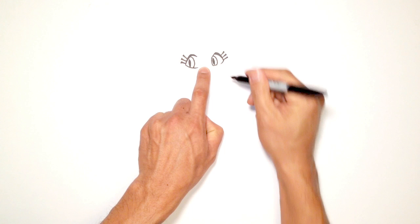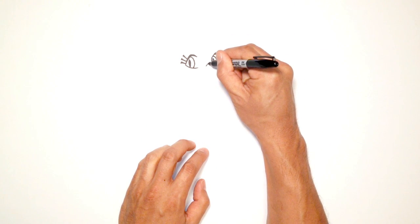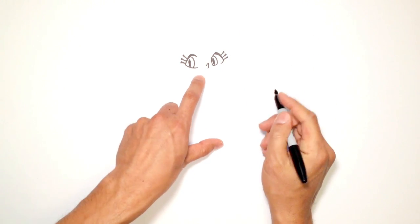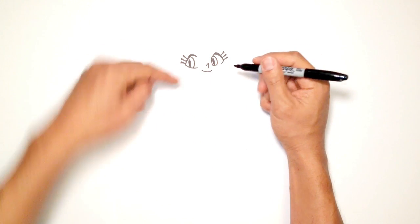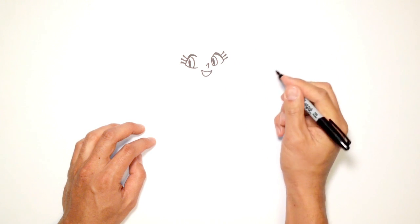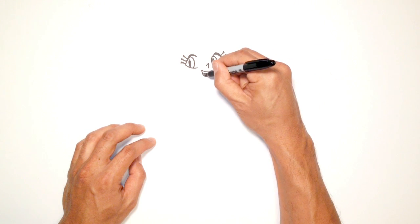In the center here, right between the eyes at the bottom, we're going to draw a nose. So what it is essentially is a curve going up and then straight down. So it's almost like a number 7. And then below the nose, really high up, she's got a mouth, so we're going to draw a curve that goes up, kind of in an angle, sort of slanted, and then we'll just connect that with a steeper curve. And then in the middle here, I'm just going to draw a line across,